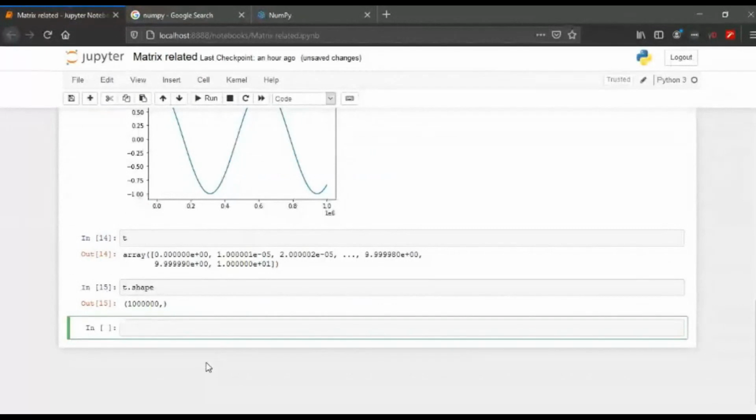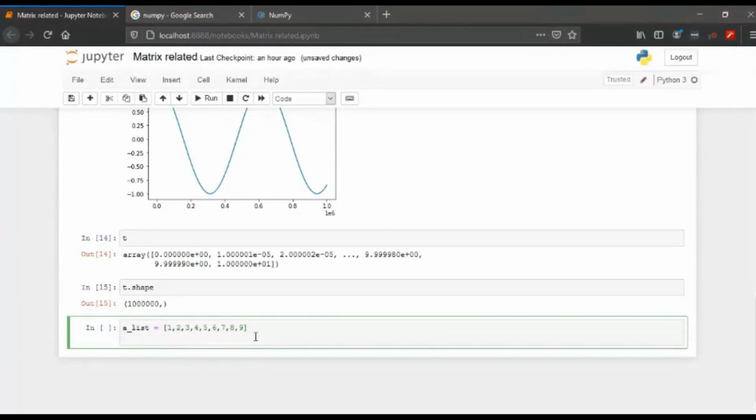We saw how lists work the other day. So maybe I'm just going to take in a list here and show you how things work again. I'm going to take a list of values, which is again an array, a list, and whatever is a data type in Python. So what do I say? 1, 2, 3, 4, 5, 6, 7, 8, 9. Okay, so I have a list of elements like this, and I want to see what my list is. So I'm going to print the list,